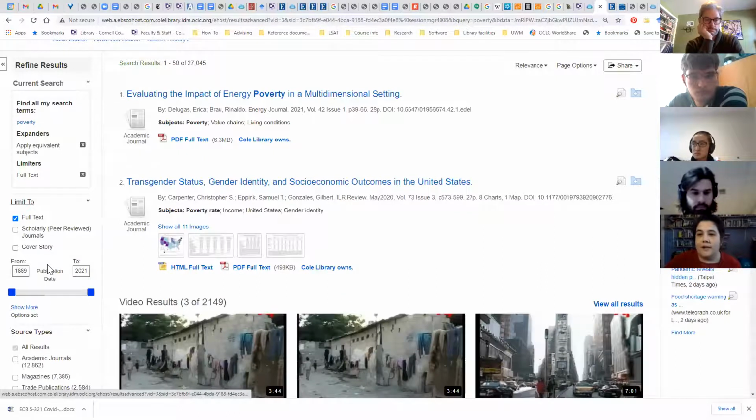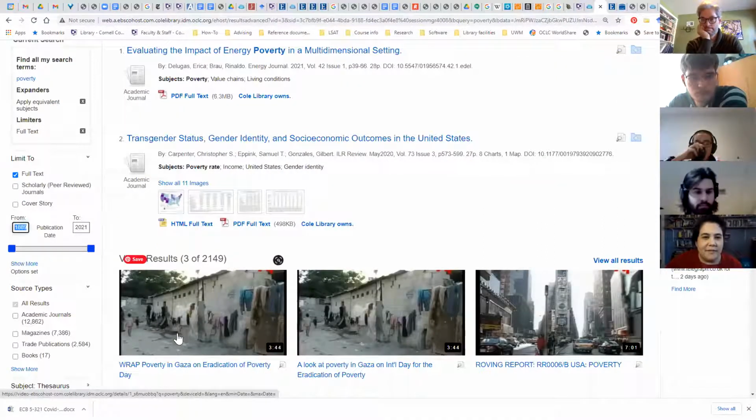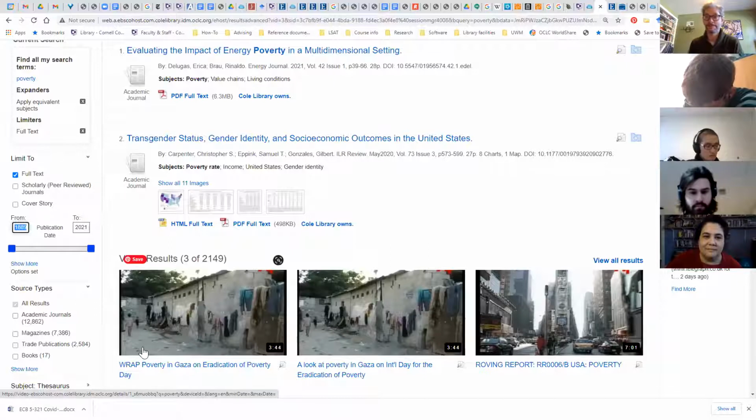So we can narrow it by date. You probably don't need the 1889 articles. Todd, do they have any requirements for how old their stuff can be? Not really. Obviously, the more empirical your paper is, the more recent you would like it to be, right? But it's possible that people are picking topics more related to economic history or the philosophy or theory, in which you could potentially go back to the 50s or 60s.